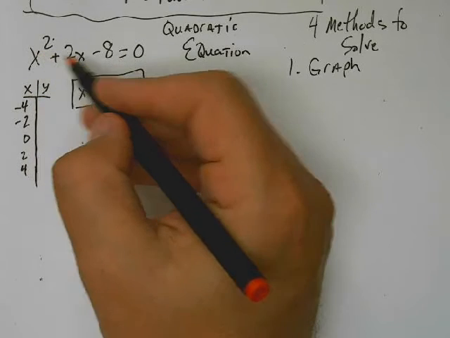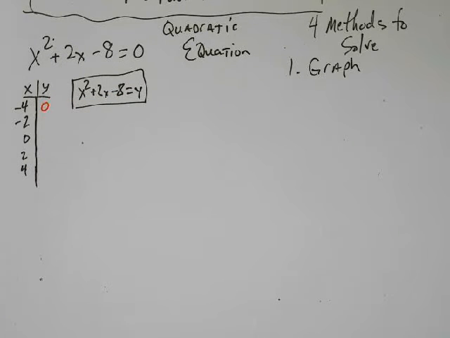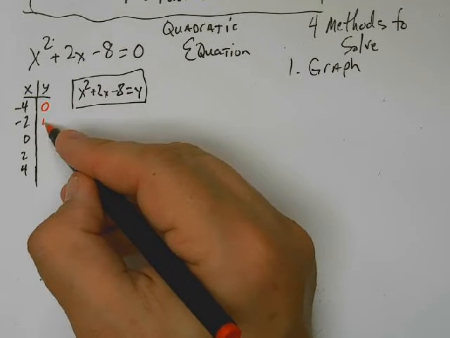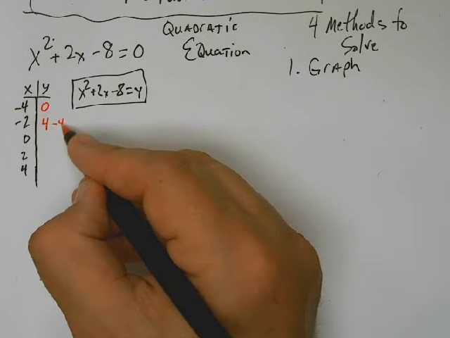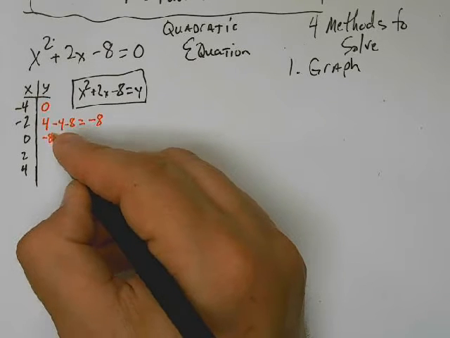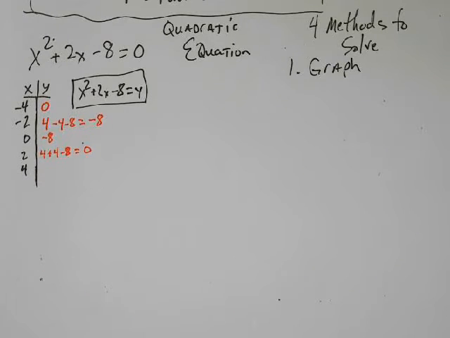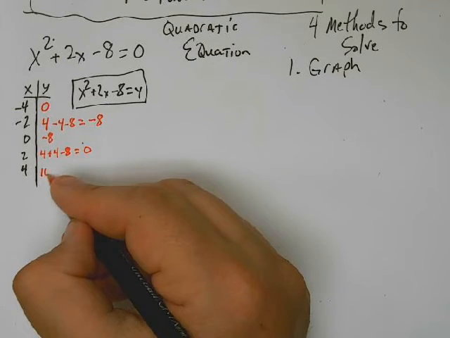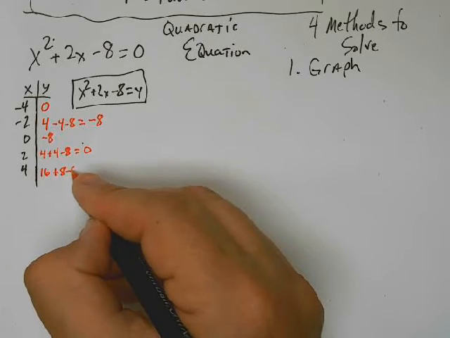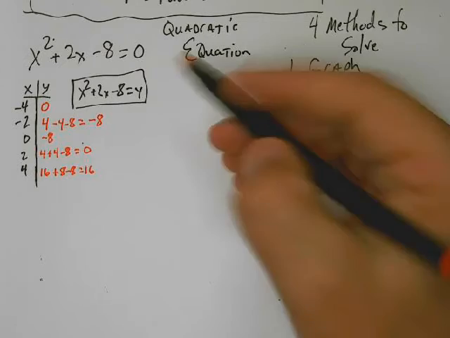Negative 4 squared is 16, minus 8. There are the 5 ordered pairs: (-4, 0), (-2, -8), (0, -8), (2, 0), and (4, 16). Let's make a